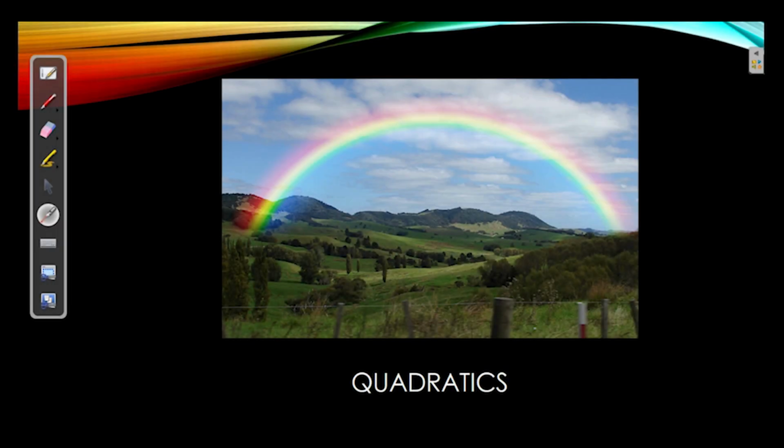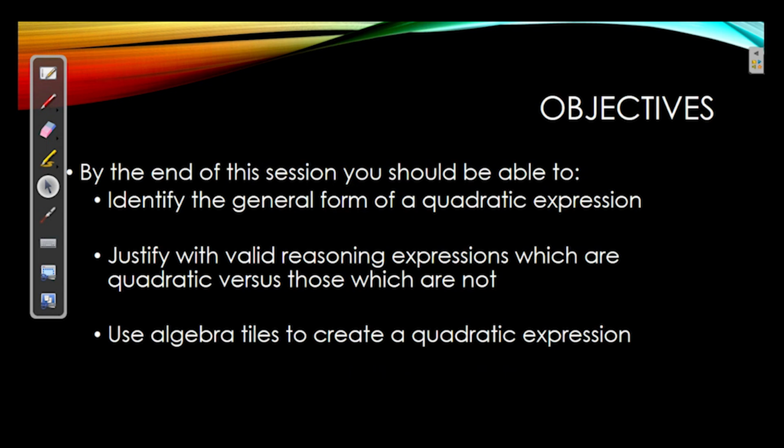Hey everyone, and welcome to our first session on quadratics. In this particular video, we're going to take a look at what exactly are quadratics. So our first look is going to be at the expression itself, and hopefully by the end of today's session, you'll be able to identify the general form of a quadratic expression. You should be able to justify, giving valid reasons, why you are classifying any expression as a quadratic versus